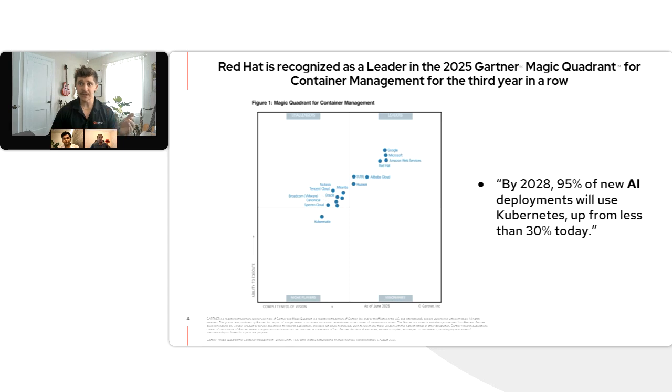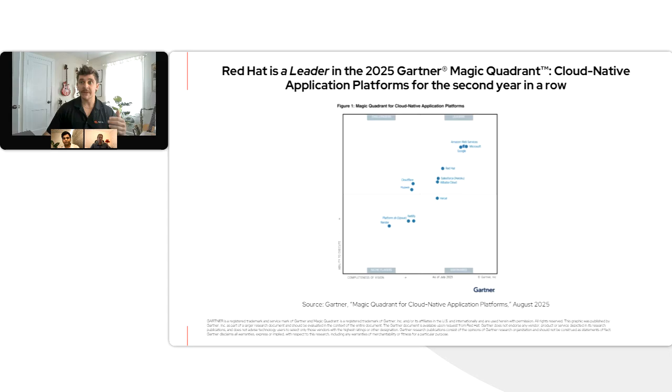To amplify this, not just from a statistic, but also from Gartner as well, Red Hat OpenShift has actually been named a leader in the 2025 Gartner Magic Quadrant for container management, a third year in a row. And also in a recent 2025 Gartner Magic Quadrant for cloud native application platforms as a leader as well. So it's not just me saying this, it's the actual market itself and analysts that go along with it. We definitely see here from a Red Hat perspective that containers are the future, and we need our partners to be able to help make sure that we are successful in that as well.